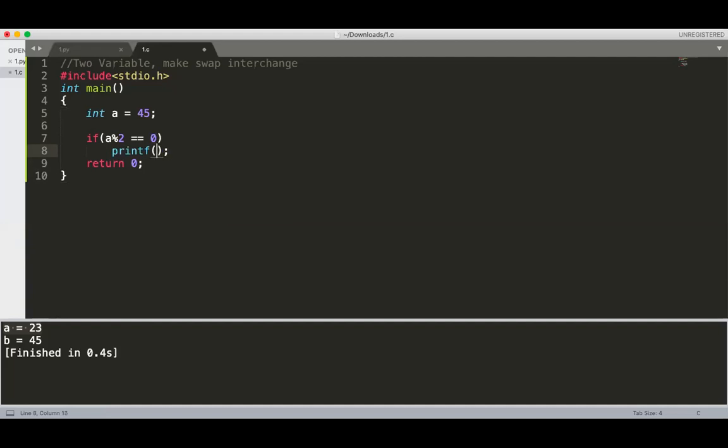Print it is even, else print it is odd. Now it prints odd. If you give any even number, it will print even.